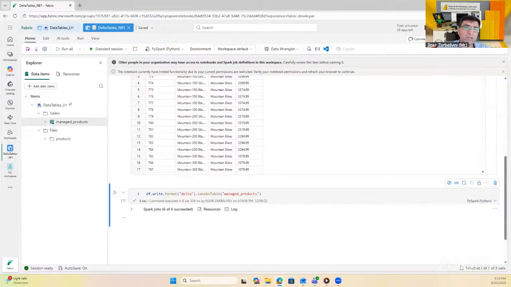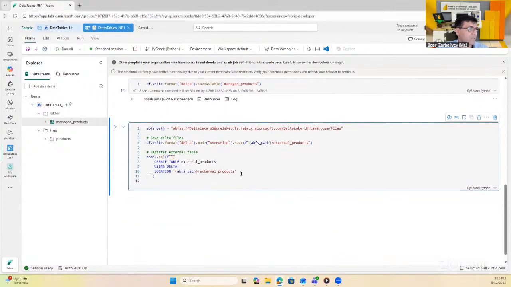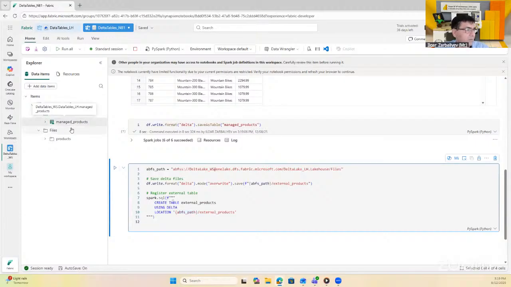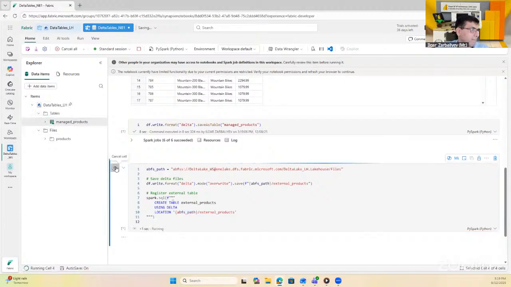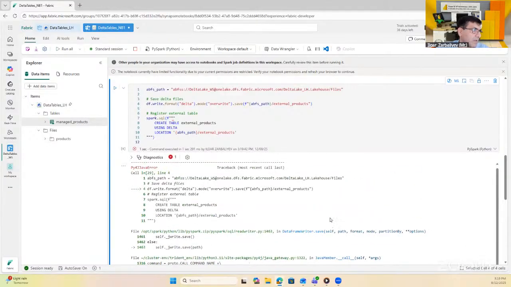Now it's time to create an external table. So I'm going to use the latest version of code that I prepared before the demo, and I hope it will work. So say copy data, and if it doesn't work, it will be a little bit bad. But sorry. Let's hope that it's going to work. And say run. Yeah, we have this mistake, and we should find